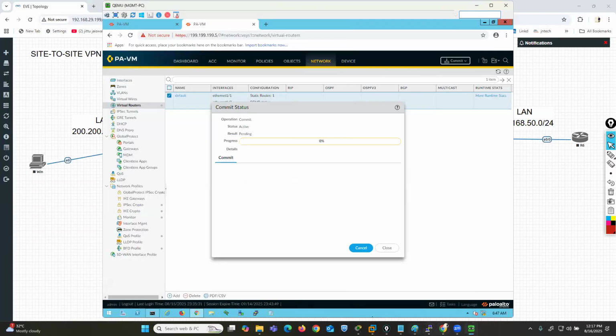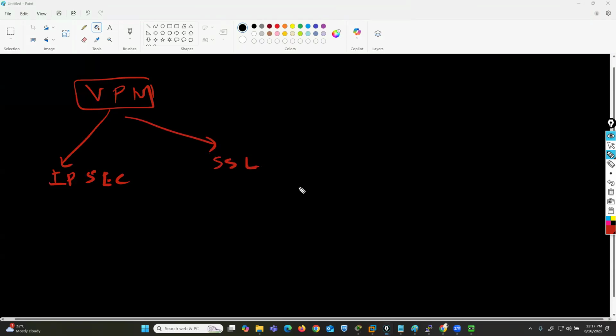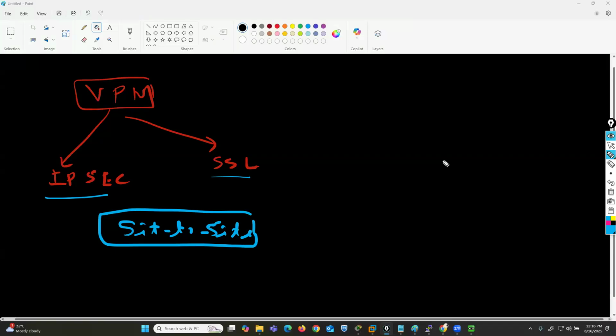If you talk about VPN implementation, we have two types of VPN implementation. The first one is IPsec site-to-site VPN, and second we have SSL VPN. IPsec we are using for site-to-site VPN connectivity. If you have two branch offices, you want to connect branch office A and branch